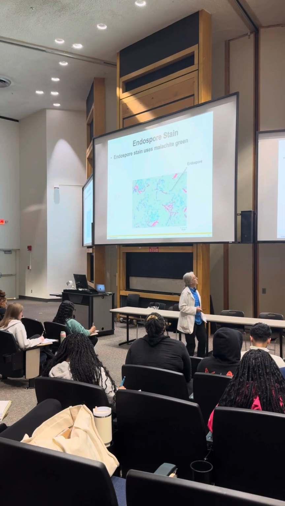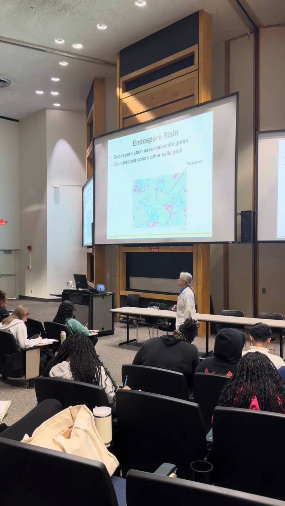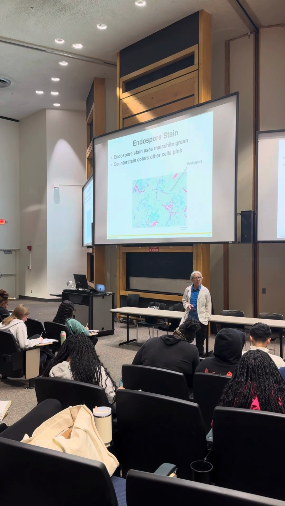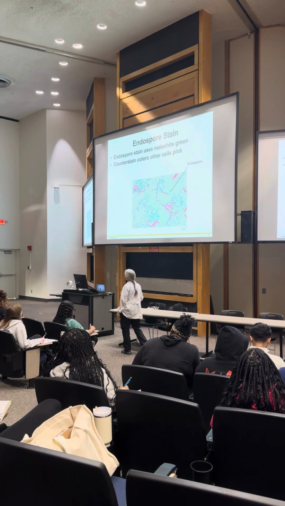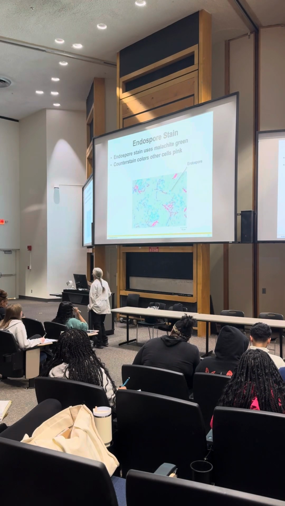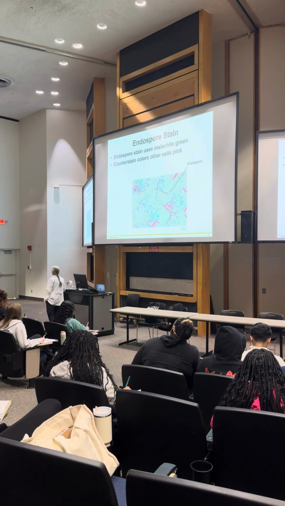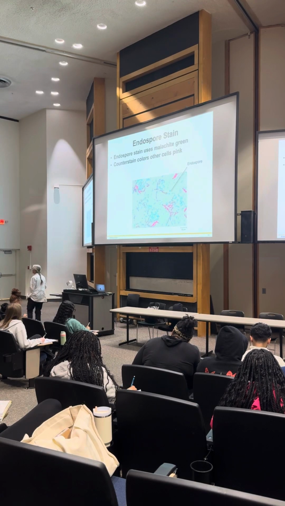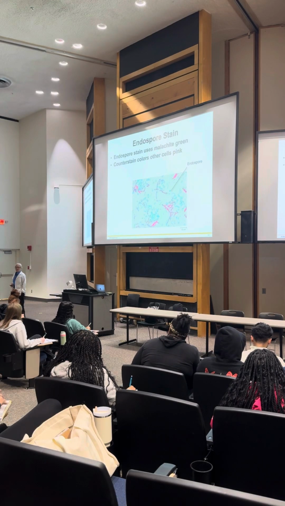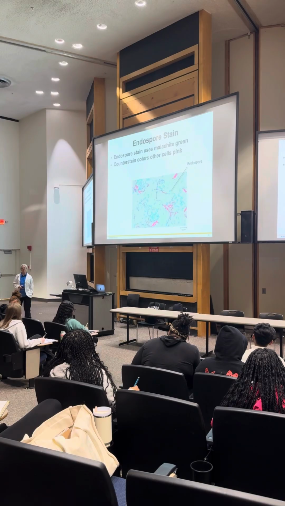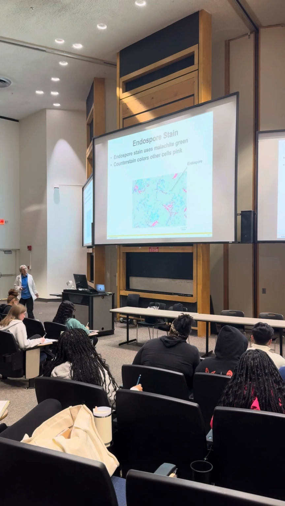Endospores. Hopefully you remember about endospores. So endospores are a dormant kind of bacteria. They are very difficult to destroy. They can be destroyed, but it's really difficult to do so. They might live for 100 years, maybe even more. There are particular bacteria that form these endospores. Tetanus is one of them, remember that? Yeah. So we're going to be talking about endospores again on how we can get rid of them. Because the endospore is